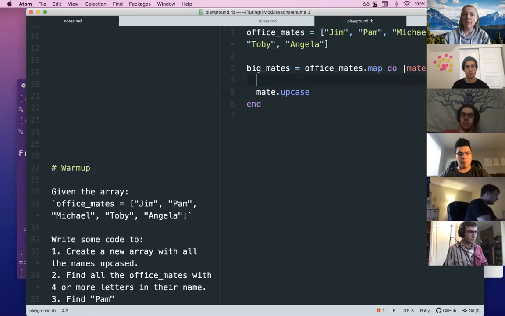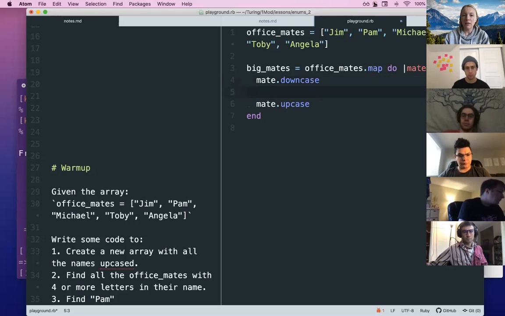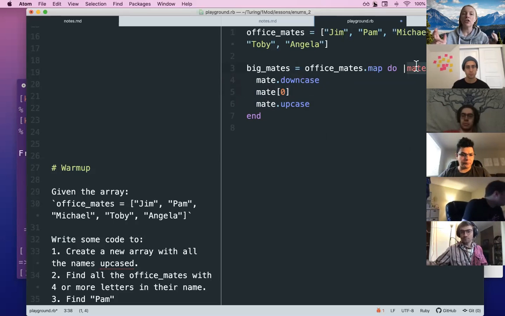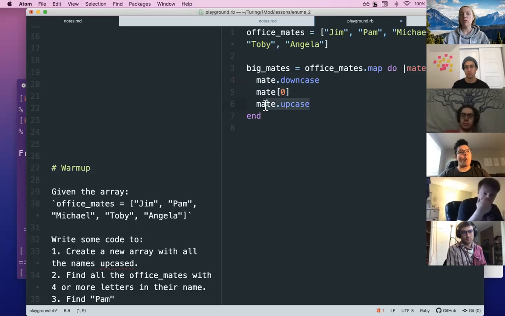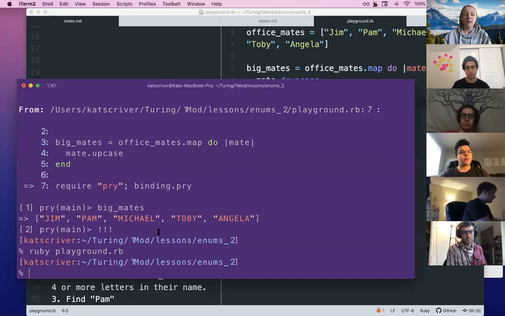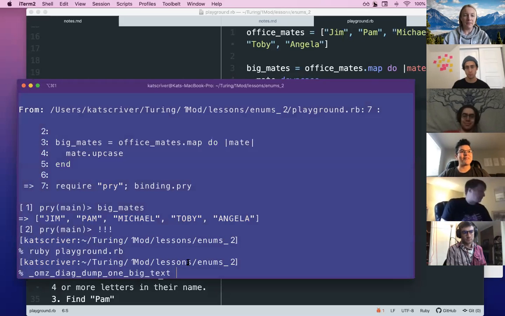Okay, so if I've got a bunch of stuff happening up here, like if I do mate dot reverse, will that work? Well, let's do up dot, oh my gosh, down case. And then if we do mate dot, let's do mate 0, right? So this will do a lot of things. So mate right here is just a string, right? So here I'm down casing the string, I'm pulling out just the first letter of the string, and then I'm doing an up case. So right now, if I rerun this and I try to see what big mates,